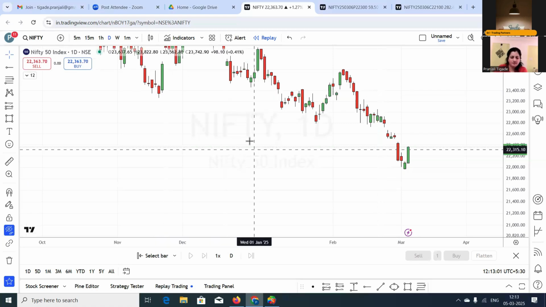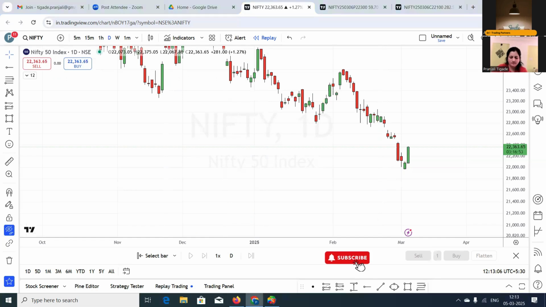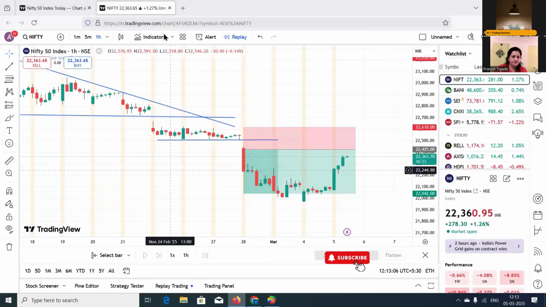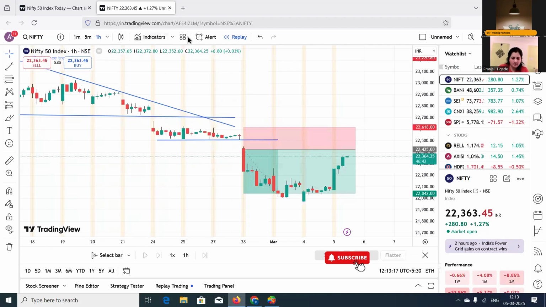Okay. I'll move to the free account. So here we can add two indicators in the free account. So we have a limitation. So you have to go to the indicator tab.